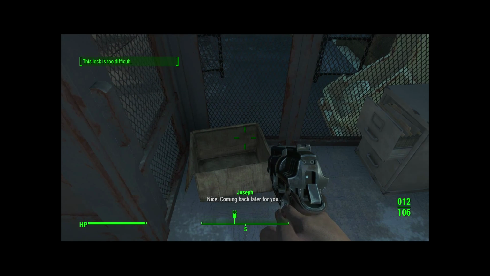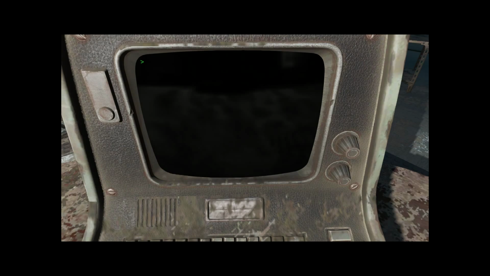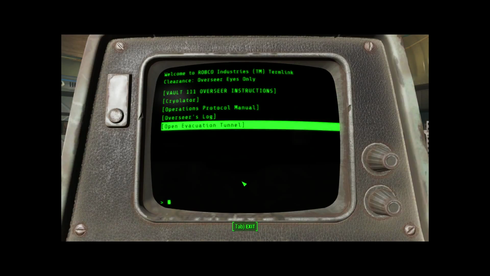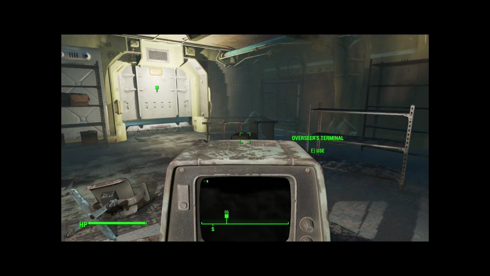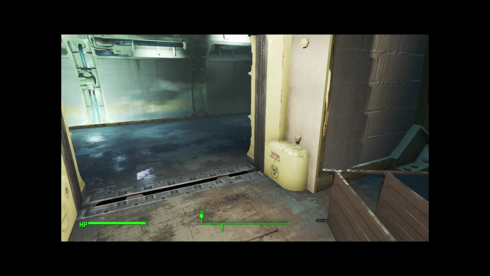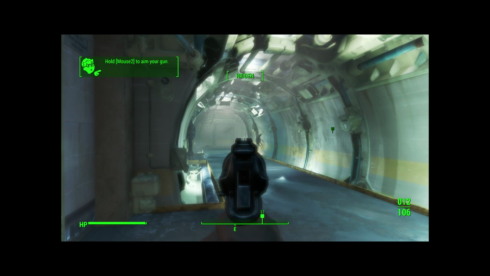Nice. Coming back later for you. Yeah, I try to just nick everything I can in Vault 111, so I have no reason to come back to it later for resources. Just, you know, the cryolator if I want it, because honestly, there's so many good weapons out there, you kind of don't honestly need the cryolator. Let's see, let's just...